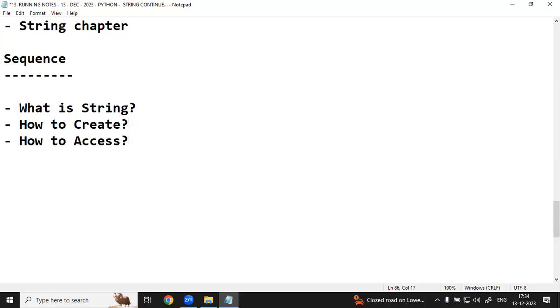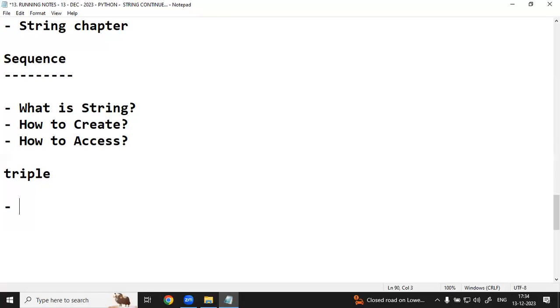Second, sometimes based on requirement, I would like to create a single character. Then you can go for single quote. Whenever I'm talking about the triple quote, especially double triple quote, we can use it for two purposes. The first is to create comments, and the next is to create a multi-line string. This is the exact purpose. I hope you understand this one.